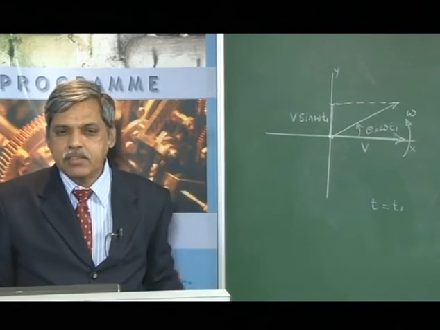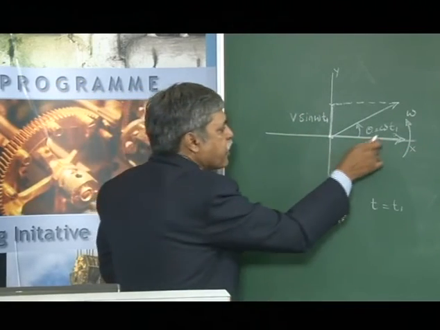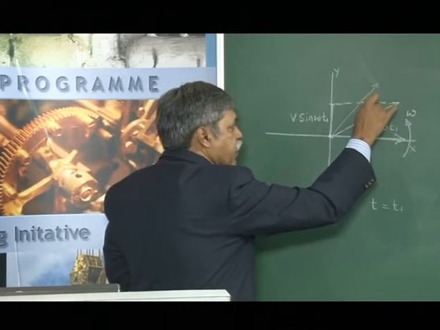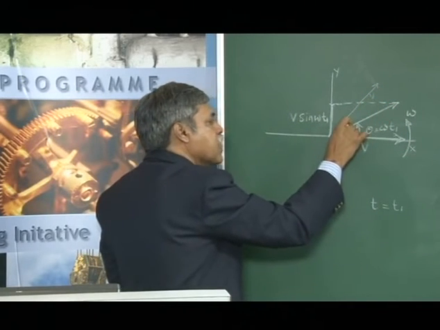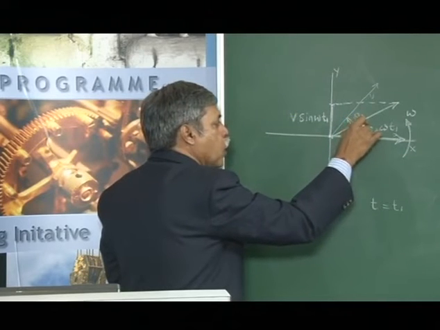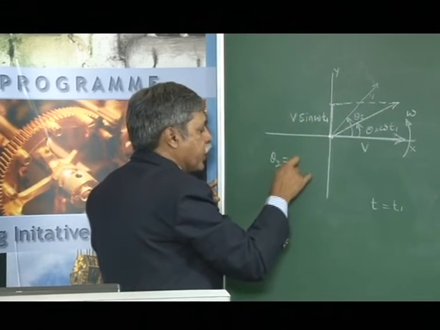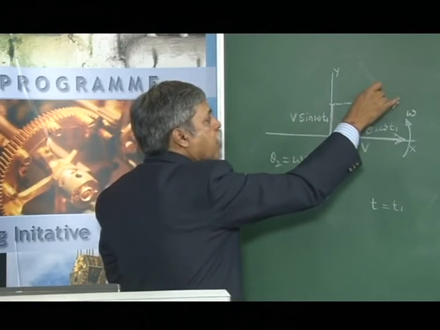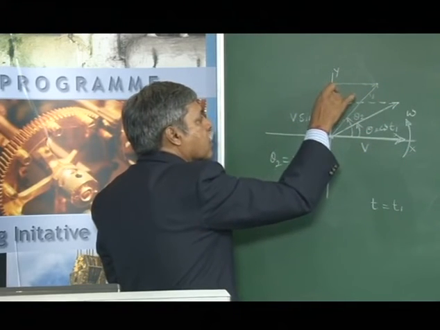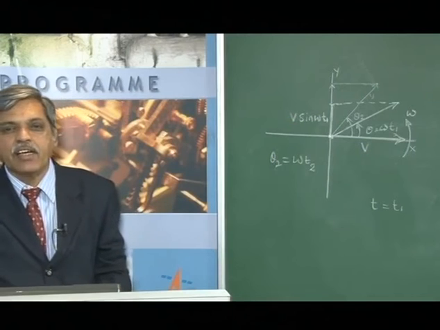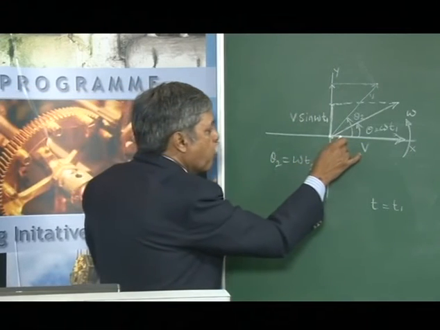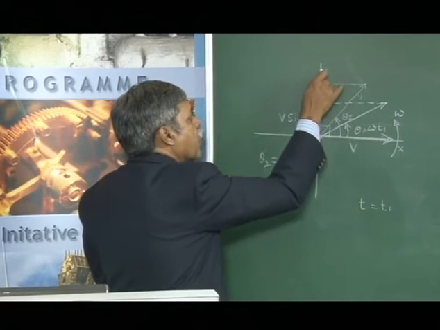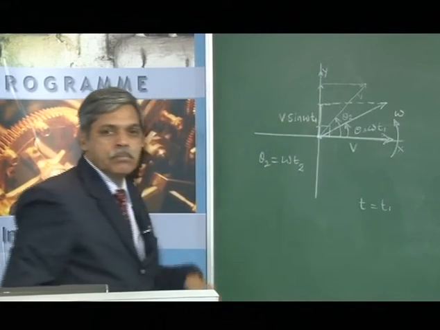As the vector rotates, this vertical projection of the vector keeps on changing. Now you see here, when I further move the vector by some more angle, maintaining the same length for the vector, because the distance moved is increased to theta 2, theta 2 now is omega into t2. So it takes more time to come to the new position, and the projection is increasing. Like that, when you move this vector by 90 degrees, the position along the y axis is the maximum.